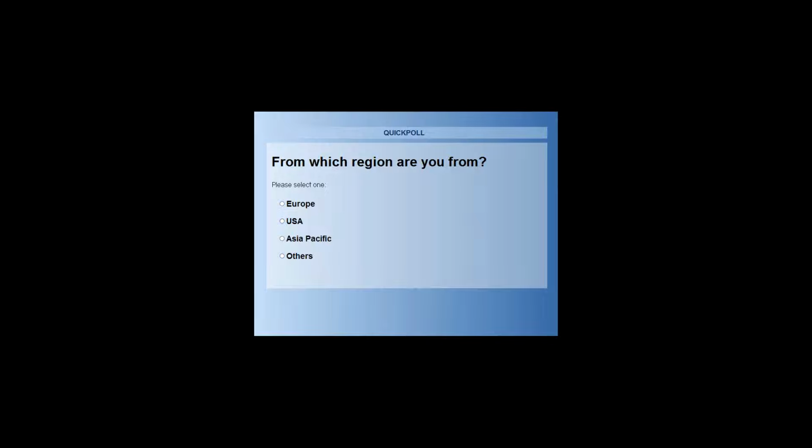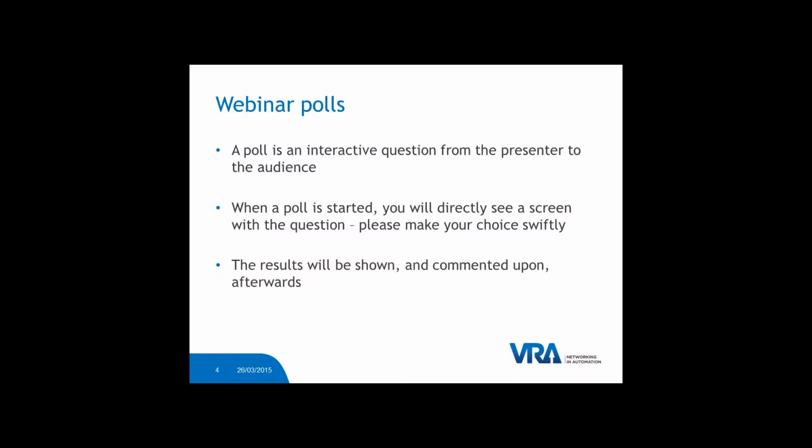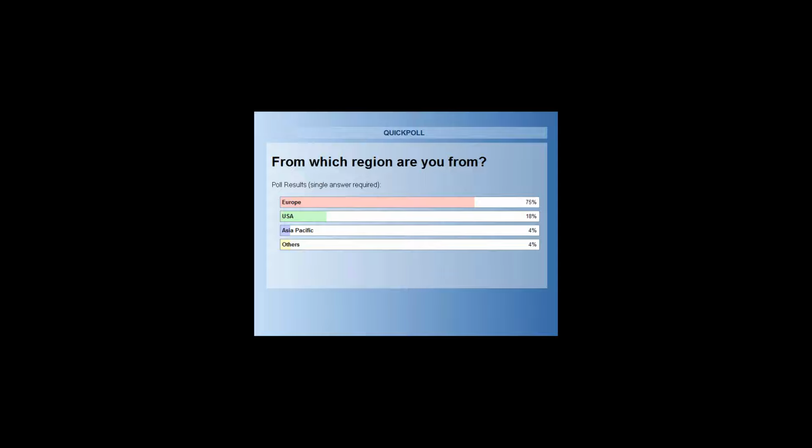We are at 87% of votes, so now we can close the poll. We have 90% of people who have voted, and we can show you the results. Three quarters of the audience is from Europe, another 18% from US, 4% from Asia Pacific, so it must be really late for them at night, and others 4%.